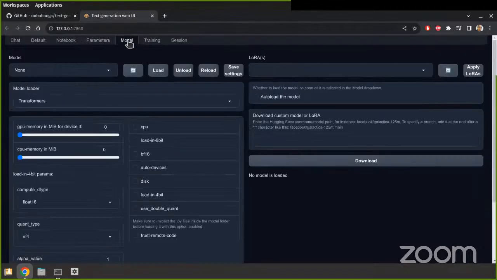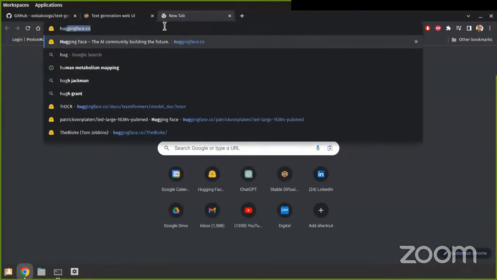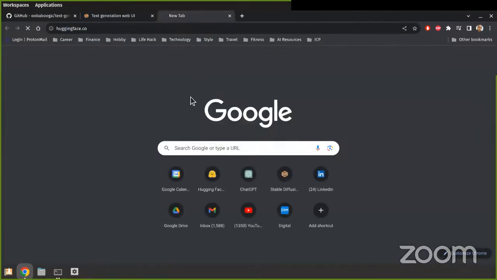But these are parameters for when a model has been loaded already. But here is the actual place where most of the initial settings we will do, and then you can save depending on your model. So right now we didn't download any model, but we can do that, or I can just transfer a model from my local folder. But the idea is, so here we have a download custom model, or LoRA. So if we go to Hugging Face and you want to download a model,